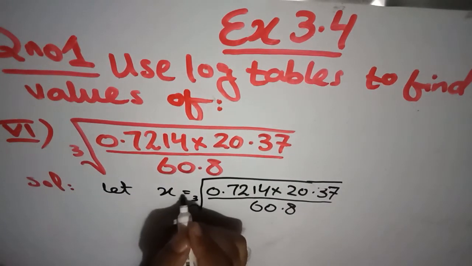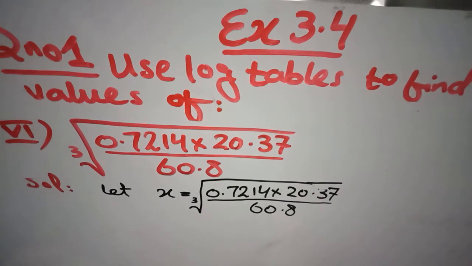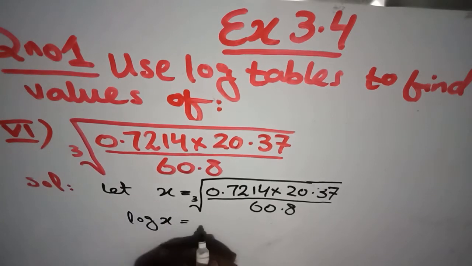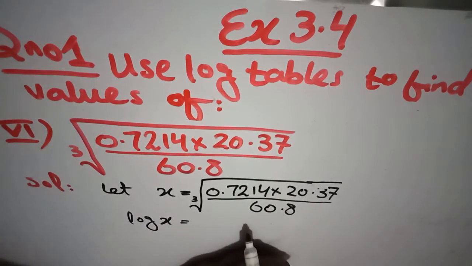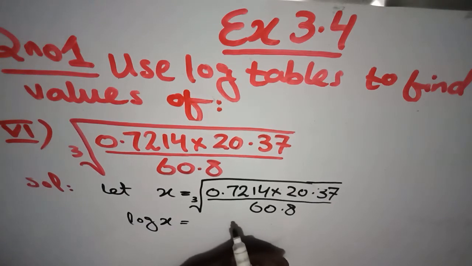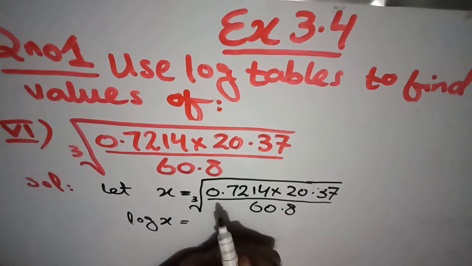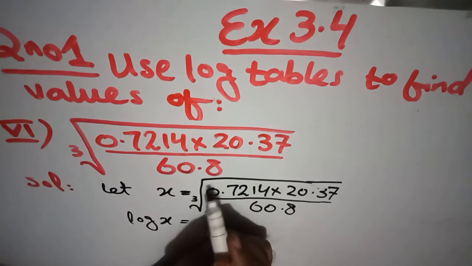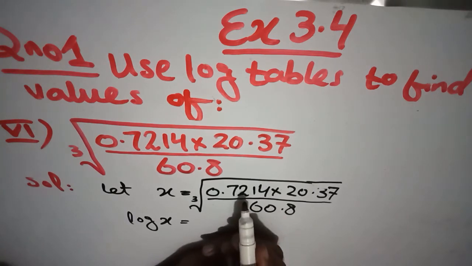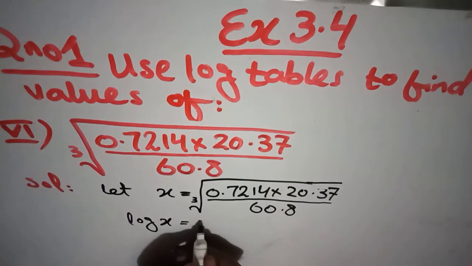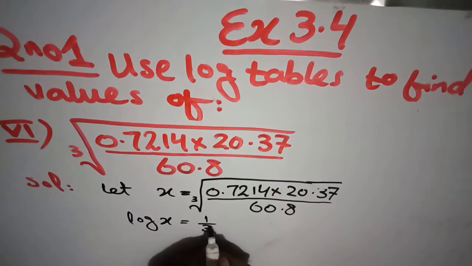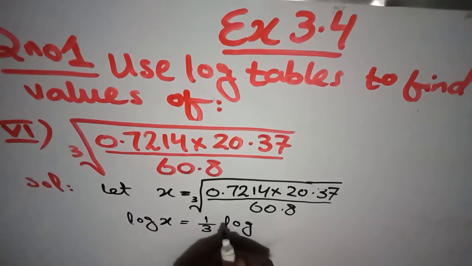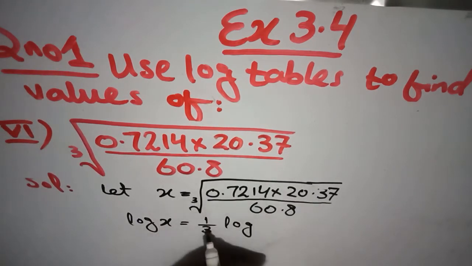Okay, that is written as a cube root. So first of all, you will take the logarithm of both sides. By taking log, I am just applying the property of the log directly. It is the cube root, so the power of the value is 1/3. It is in radical form, but you will write it in its exponential form, then the power comes before the log. It will be written like 1/3 log, because due to the property of log we write the power before the log.